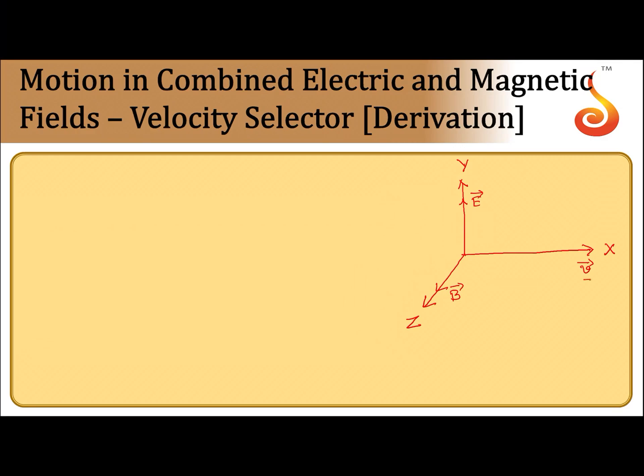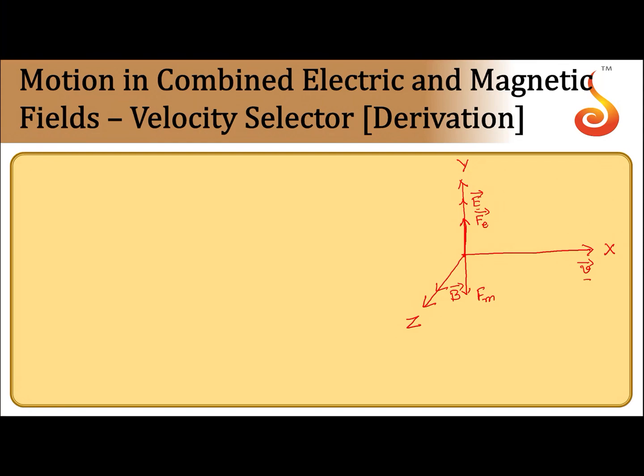Now the charged particle is moving perpendicular to both electric and magnetic field, and electric and magnetic fields are perpendicular to each other. Now if you assume the particle to be positively charged, then it experiences force due to electric field in the direction of electric field. So Fe will be in upward direction. Now if you apply Fleming's left hand rule, the magnetic force on the charged particle at any point will be in the downward direction, that is Fm.